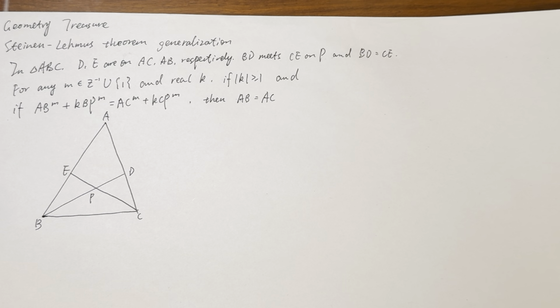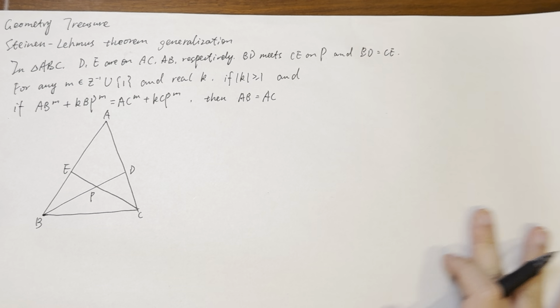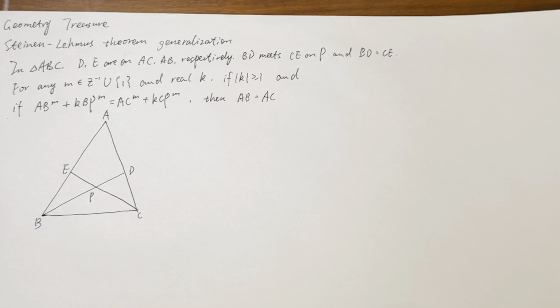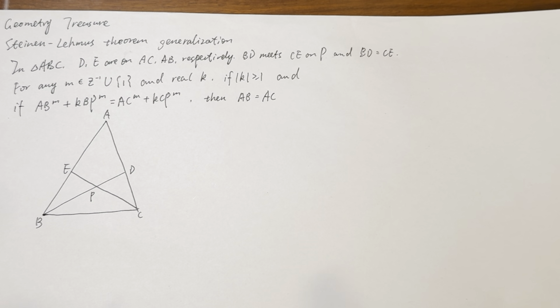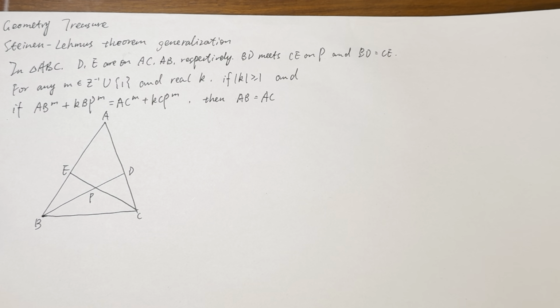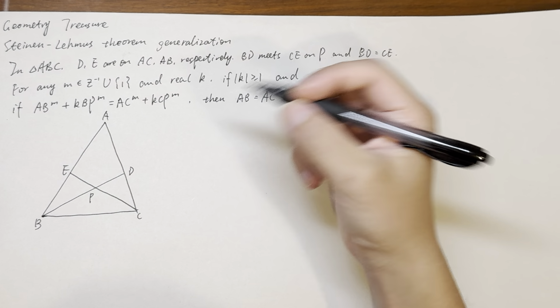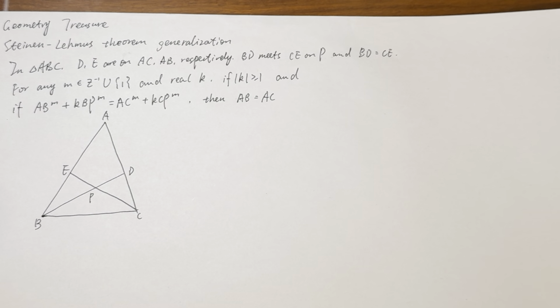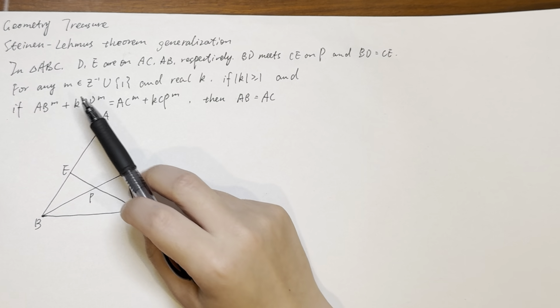So for this problem, you can have a first guess that because m here is like an infinite group, which means that we're not going to really consider every case, right? So this one is pretty straightforward to manipulate because we can put AB, AC on one side and BP, CP on another side. So let's consider the case that m is a